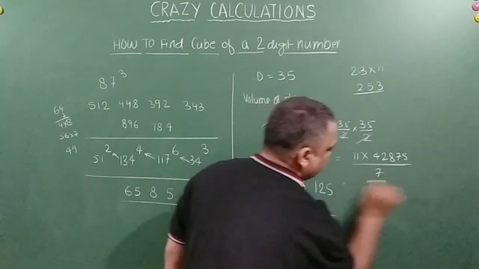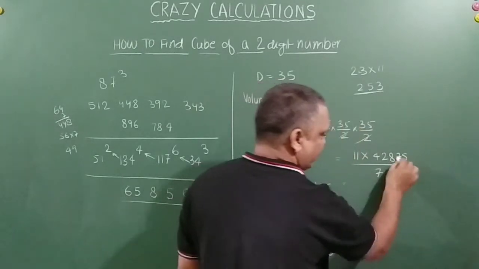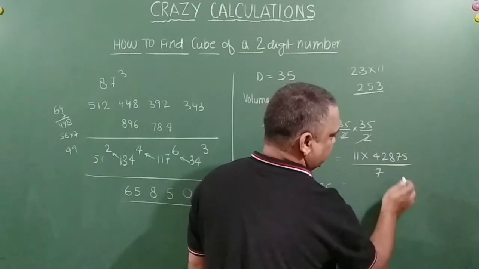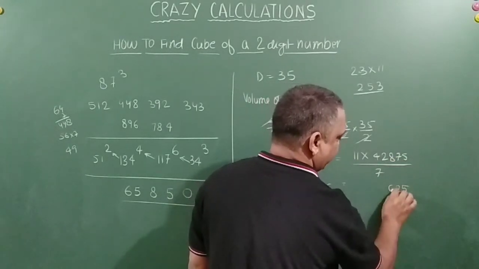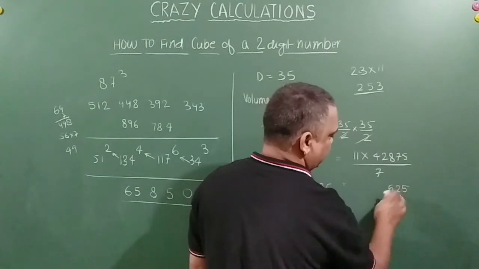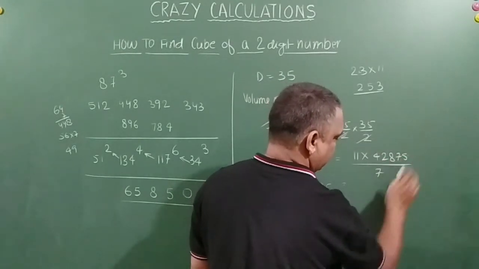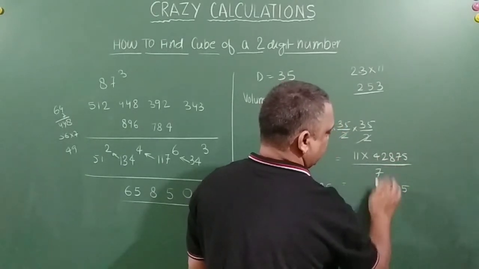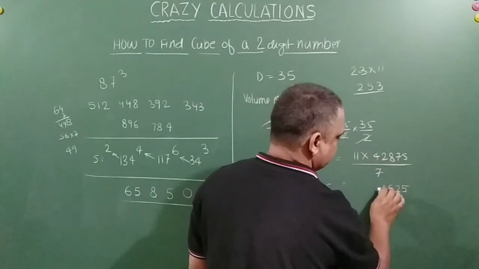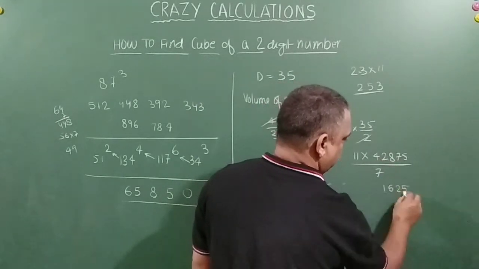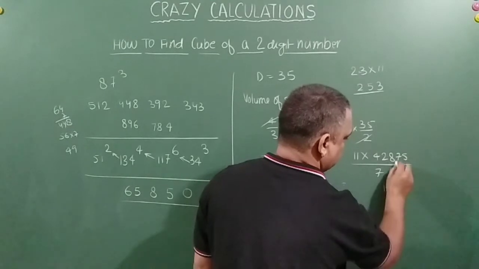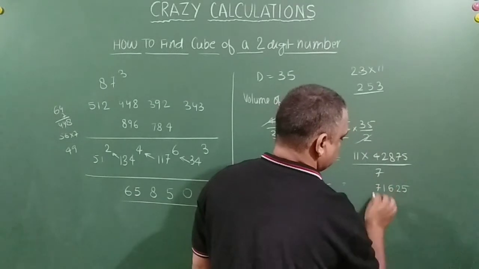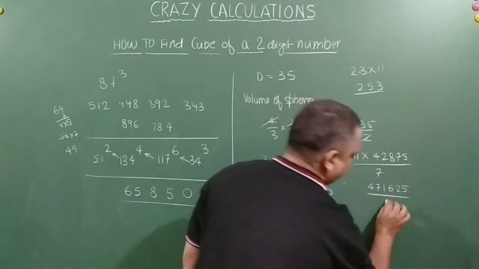Similarly, likewise, last digit we will fix it up to 5. 5 plus 7 is 12. 2, 1 is carry forward. 8 plus 7 is 15. 15 plus 1 carry forward is 16. Okay, that is equal to 6. 8 plus 2 is 10. Carry forward is 1. Right? And then 4 plus 2 is 6. Carry forward 5. 4 in the last. Divide by 7.